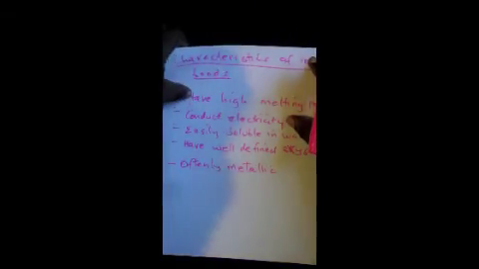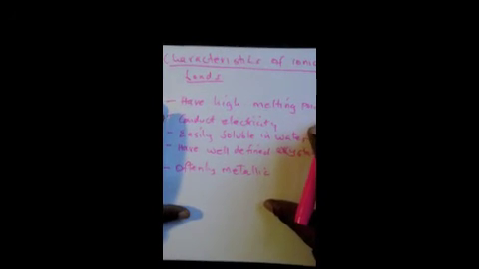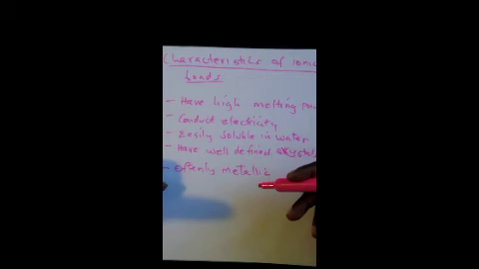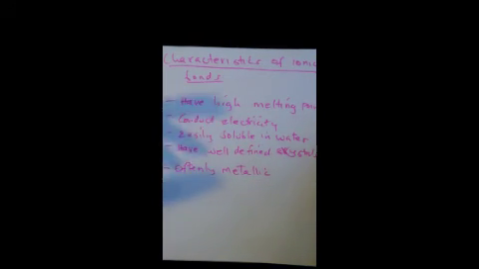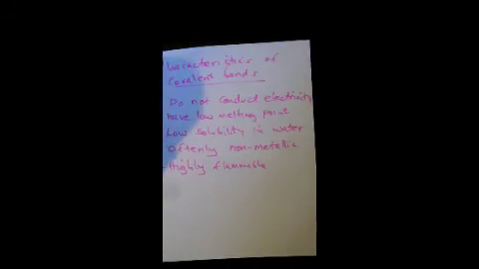Now let's look at a few characteristics, or rather features, of ionic bonds. In general, ionic bonds have a high melting point, they conduct electricity, they are easily soluble in water, and have well-defined crystals. I guess this is the reason why they are easily soluble in water, because they have well-defined crystals which can easily react and dissolve in water. And most often, ionic bonds form with metallic objects, as compared to covalent bonding, which is often